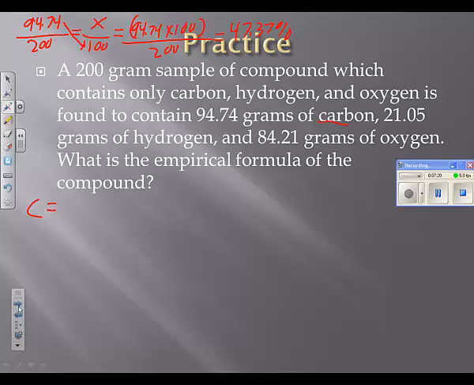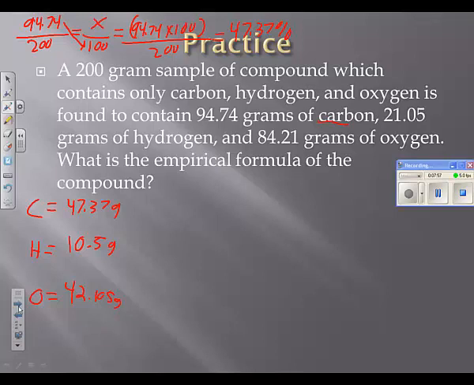Which means we have 47.37 grams for carbon. The next one is hydrogen. You can do the same thing for hydrogen. 21.05 over 200 equals x over 100, and you'll get 10.5% hydrogen, or 10.5 grams of hydrogen. And oxygen, you do 84.21 times 100 divided by 200. Just do that cross multiply and divide again, and that will end up giving you 42.105% oxygen, or grams. So now that we've done that first step, now we've got to do mass to mole,